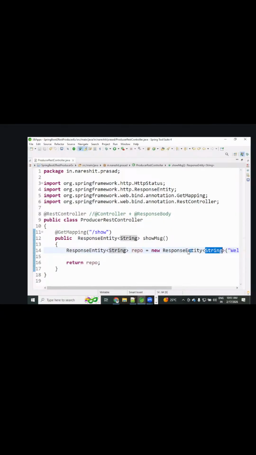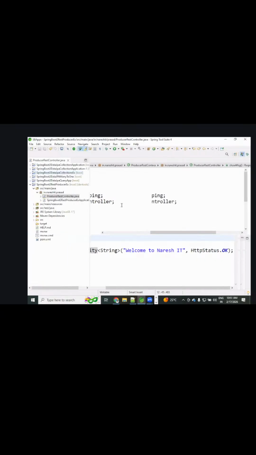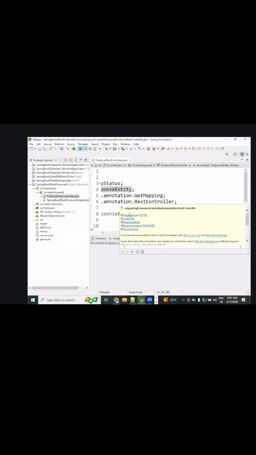Now everything is done. This is just a simple application. See, in the interview room, whether you are a fresher or experienced, it doesn't matter. In the interview room, HTTP status codes are expected: 100, 101, 102 purposes, under 200, 300, 400, 500. HTTP status codes are expected in the interview room. Please practice. Okay, let me execute my application here.